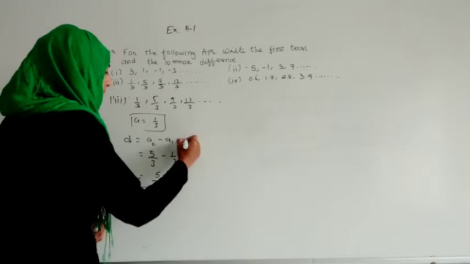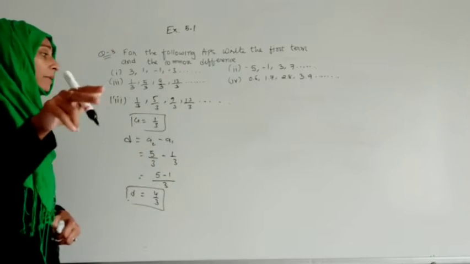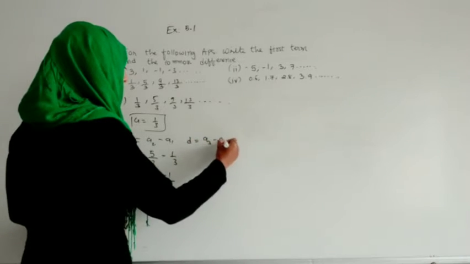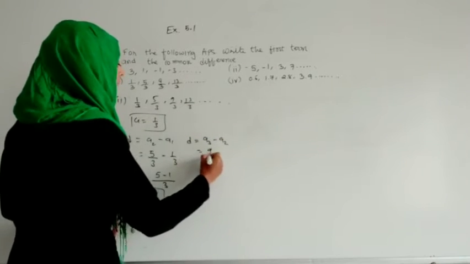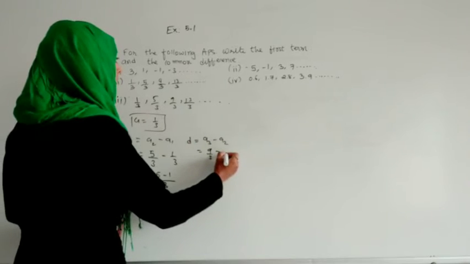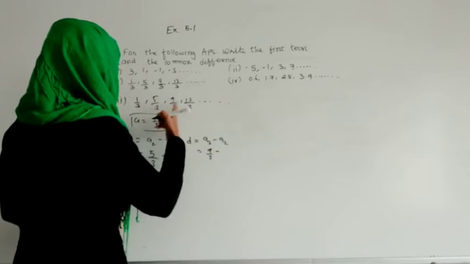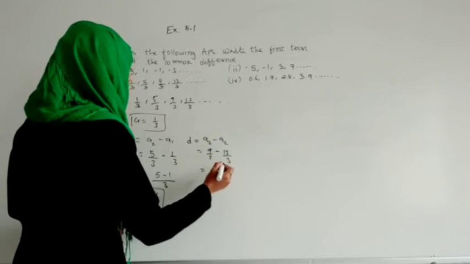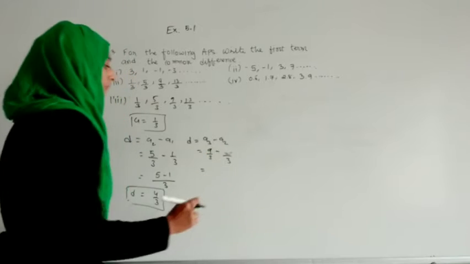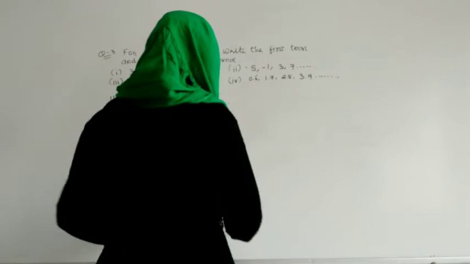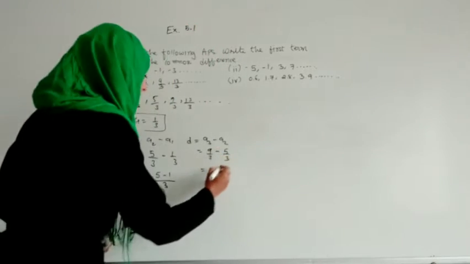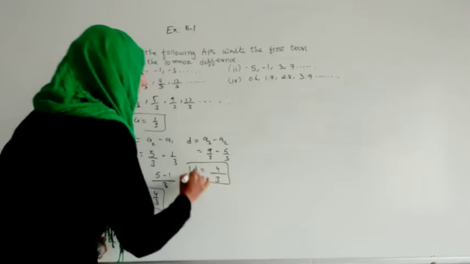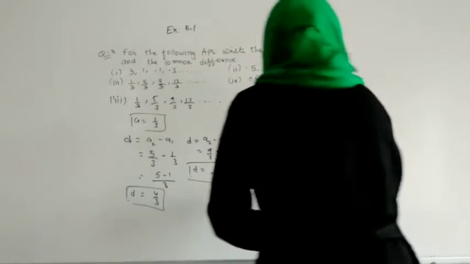Let me find it a second time to check that both times it is the same or not. So let us do A3 minus A2. So let us write 9 by 3 minus, let us find the rest, that is 5 by 3. So here we are getting 9 minus 5 as 4 by 3. So the second time we got 4 by 3 only.